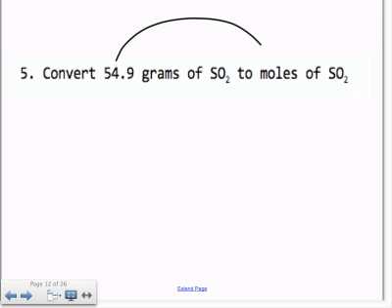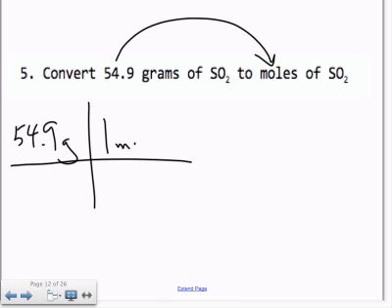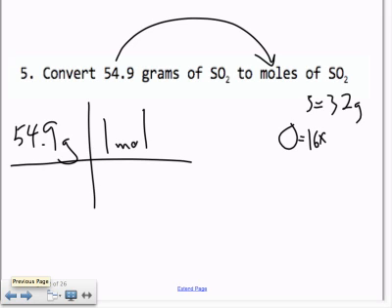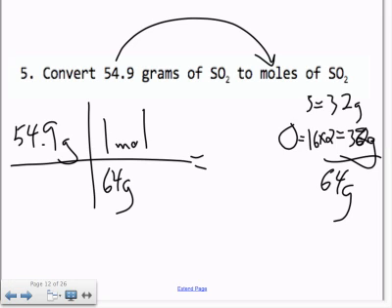Convert 54.9 grams to moles. So this is going in the reverse order. And so we're going to do 54.9 grams and 1 mole of SO2. So we have to look up sulfur is 32 grams, oxygen is 16 grams, but there are 2 of them because it's SO2, so that's another 32 grams. So the total here is 64 grams for SO2, 64 grams per mole. So 54.9 divided by 64 is 0.858